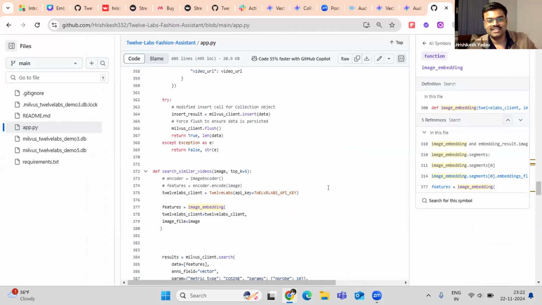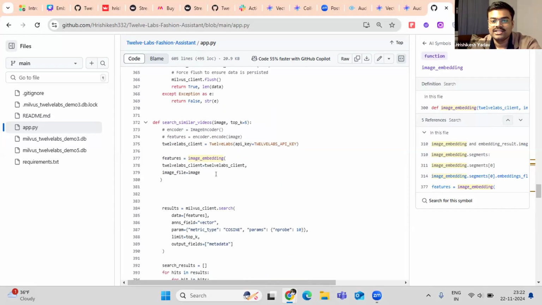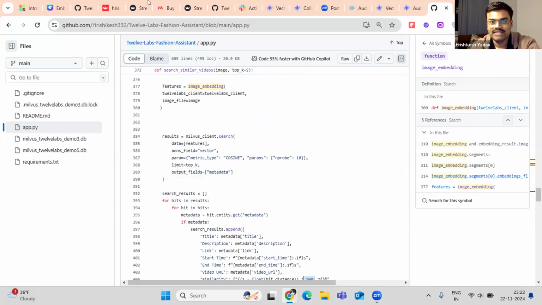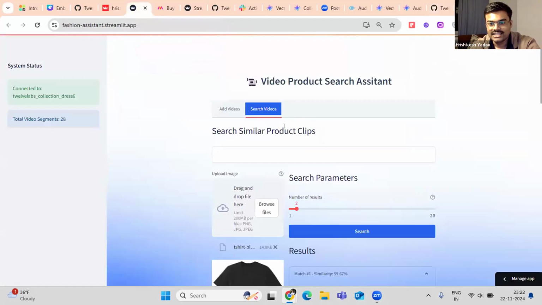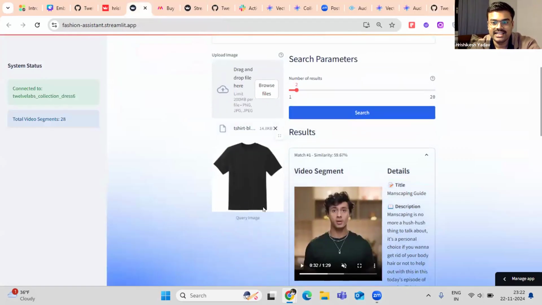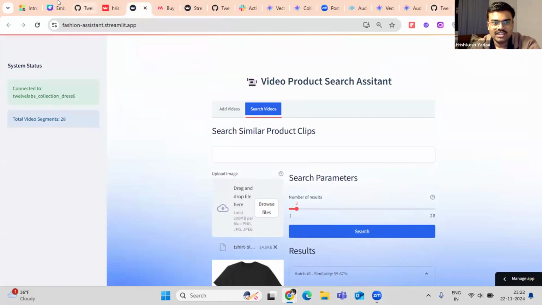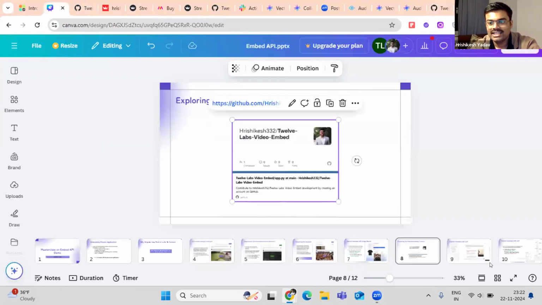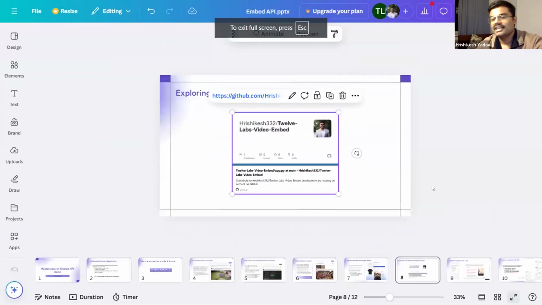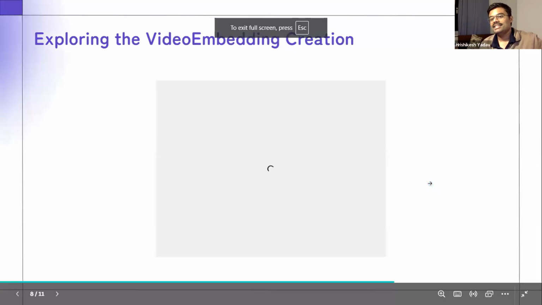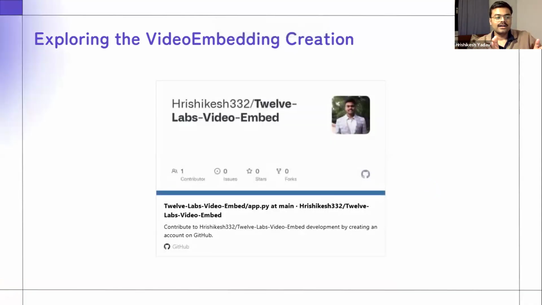One is for the generation and one is for the insertion, and third is the search similar videos. And your search similar type of application is ready here. We'll also look at the RAG type application, where the LLM is also attached to the architecture, so